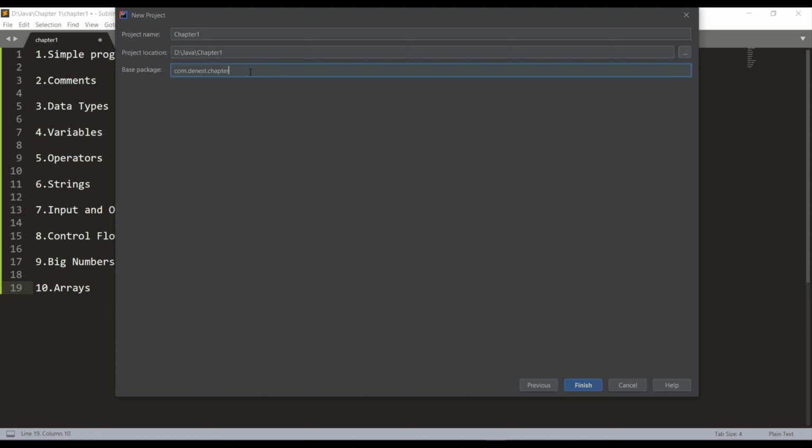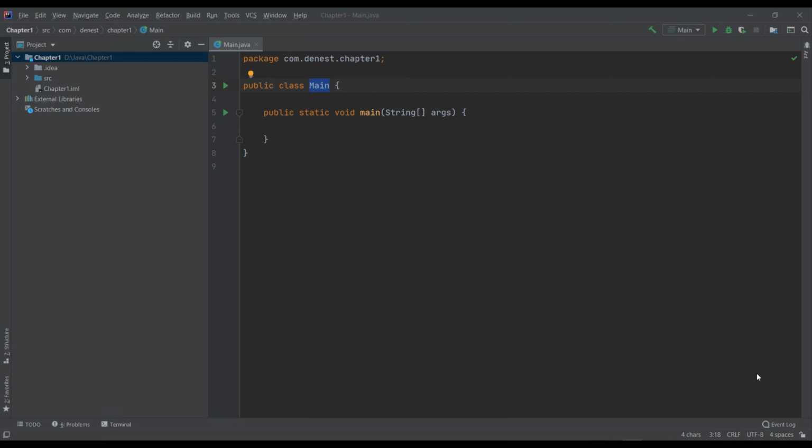This will be like the reverse of what our website looks like. In the com folder you'll have another folder, like cleaners, in which I'll have my project chapter 1, so it will be organized. This will help when you import some modules from the outer packages, and when you create your project this window will open.